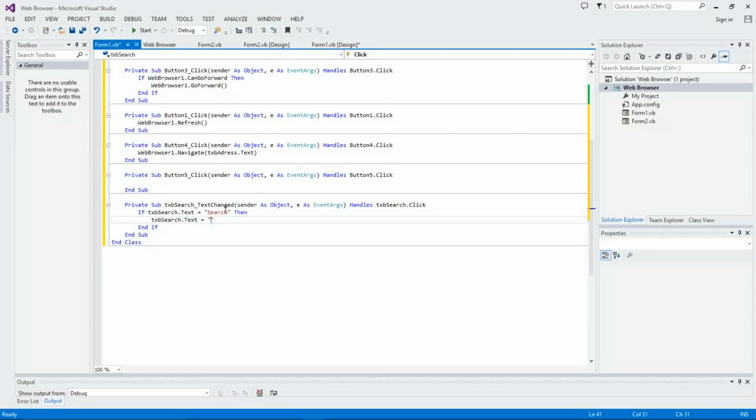But once again, this is a simple web browser, so there's really no reason to try and make it more advanced than we have it. There's really no need at all. And then finally, the next part is the